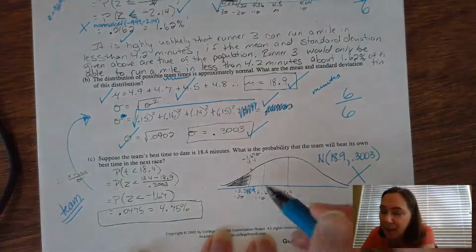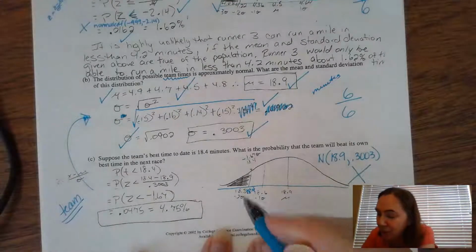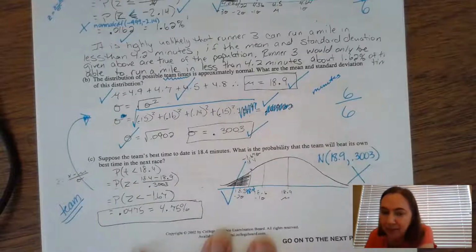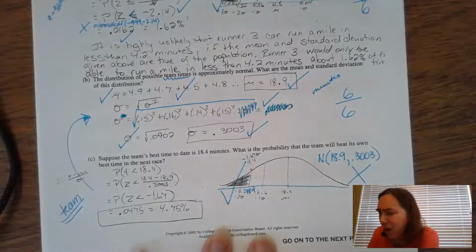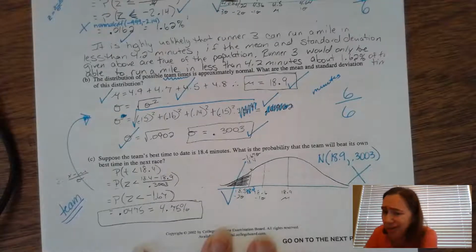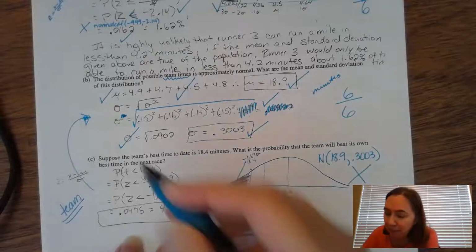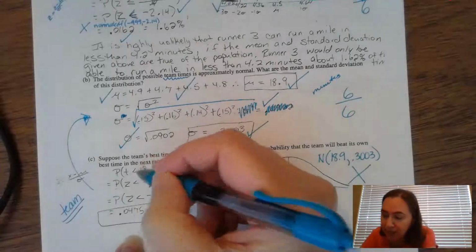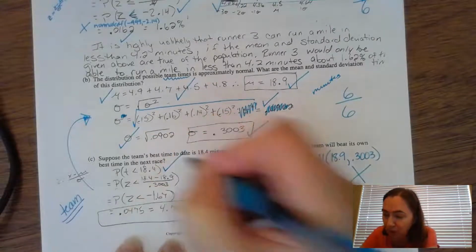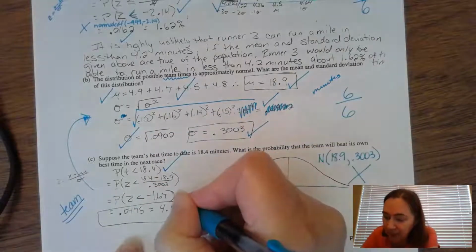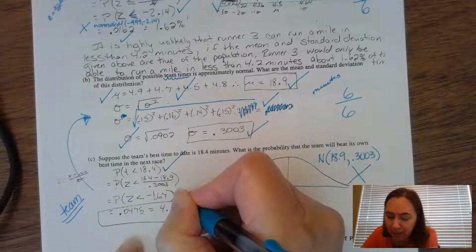Now, beating the time in running means they ran faster, so the shading has to be to the left. And that is a common mistake. You think a higher number would be better, but when you're racing and stuff, a lower number is better. So we're going to shade to the left. Now we're going to have P of, they use T is less than 18.4, check. P of Z being less than negative